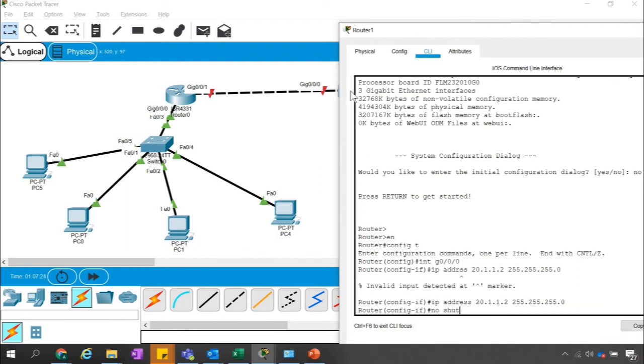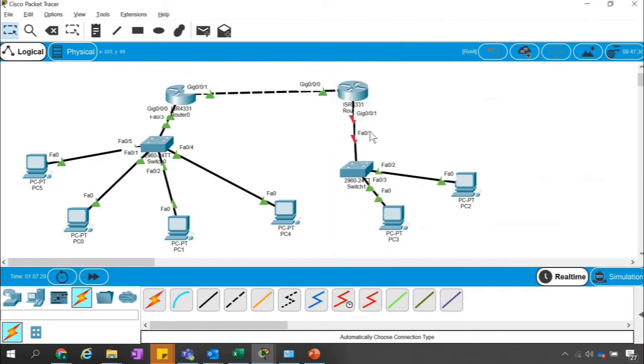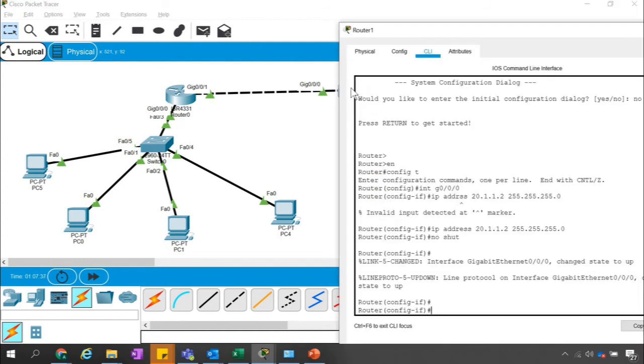And no shut. So now this link is up. I have to assign the IP address on this as well, right? Interface G0/0/1.